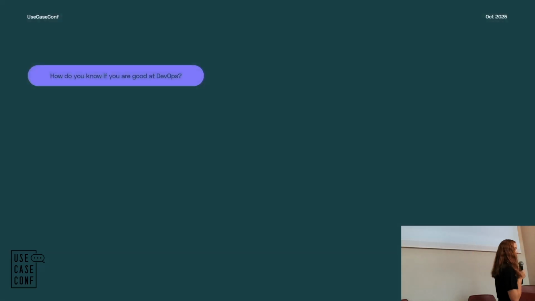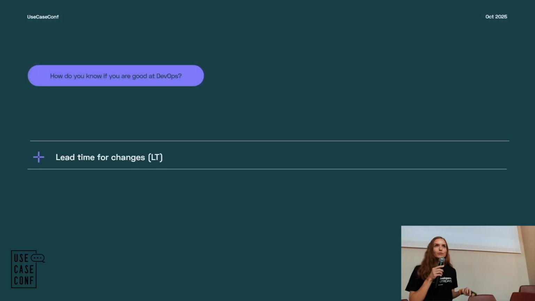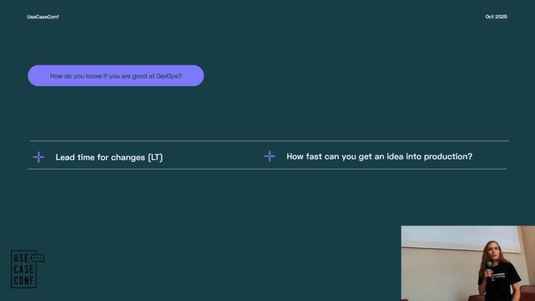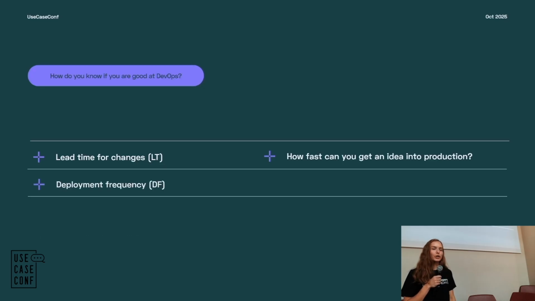I don't know how many of you are familiar with them, but we can look at a couple of different dimensions, and then they tell us if we're good at DevOps. One thing we can look at is our lead time for changes, which is how fast can you get an idea from a developer's head or a product manager's head into production. Or you can look at your deployment frequency.